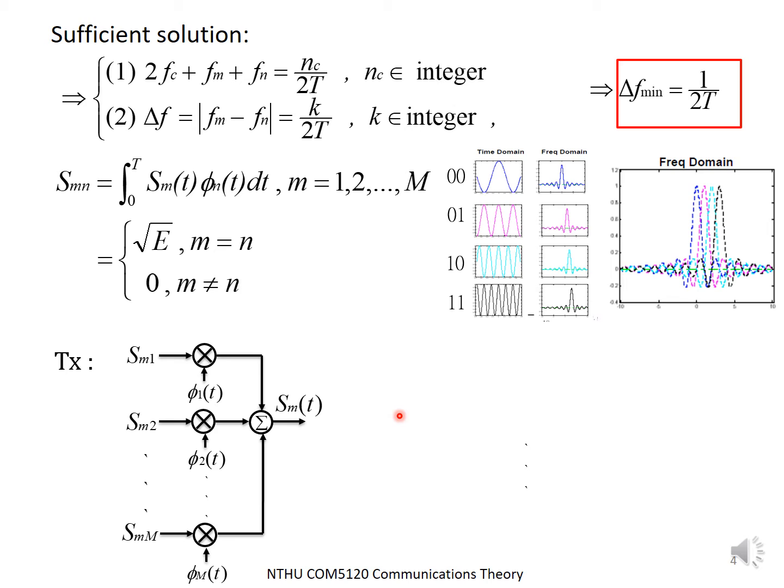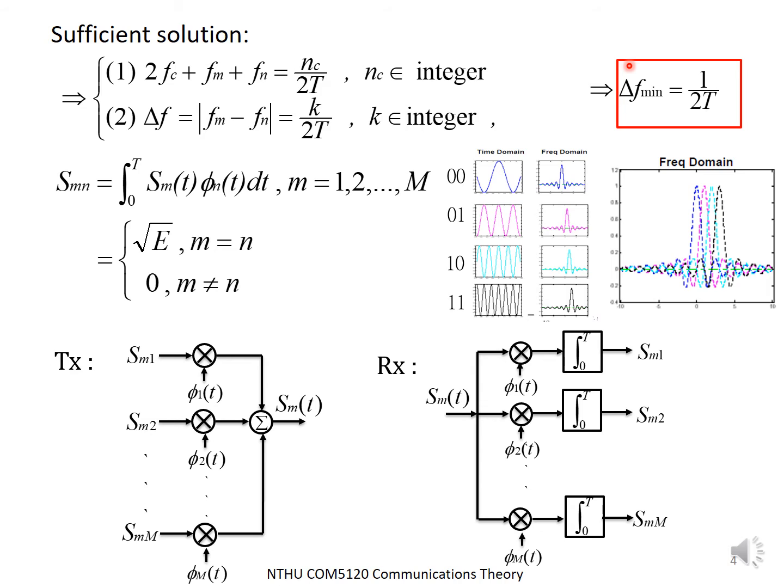And the receiver architecture. The receiver architecture can also be constructed by the set of basis functions. So this is the receiver architecture. Again, the architecture of the receiver would be constructed given the basis functions. With this M basis, we can